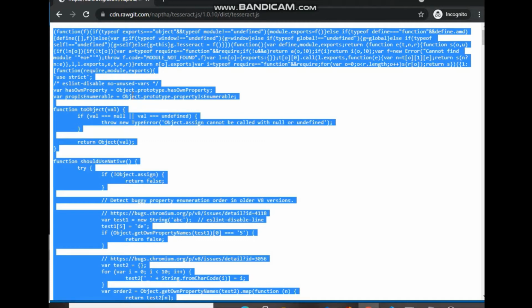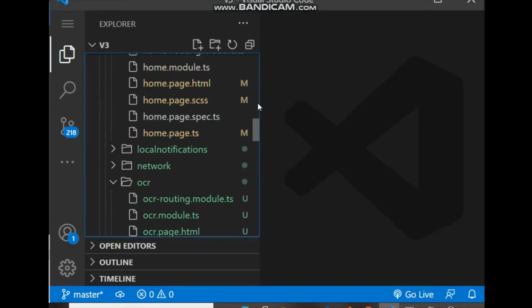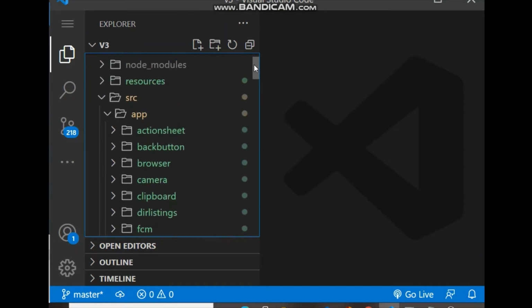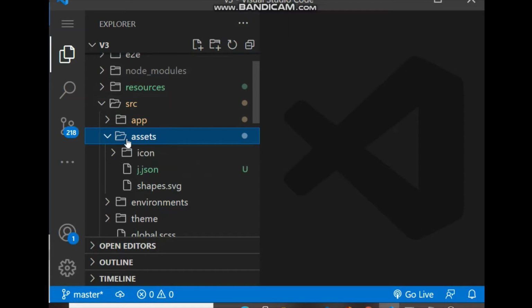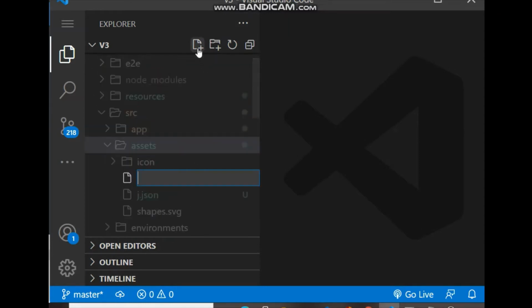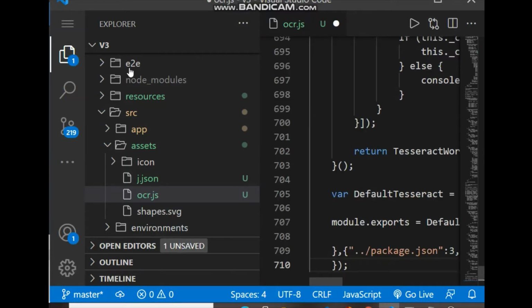So first copy, and then go to our folder, come inside the assets folder, and create an ocr.js file, and inside the ocr.js file we have to just paste that code.